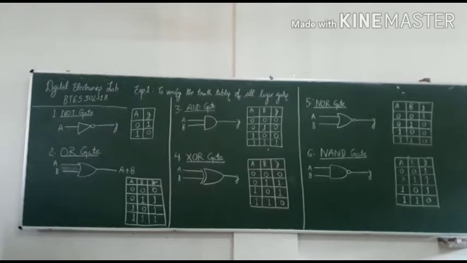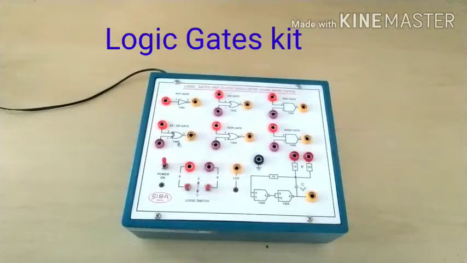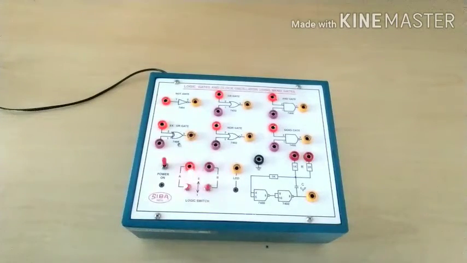Now let's demonstrate it on a particular kit. So this is the kit that we will use to verify the truth tables of the logical gates. First of all, I will just explain this kit. These are the points where we will supply the inputs to all the logical gates, and at this point we will get the output. At every circuit, the left portion is the input. So these are the inputs, and the yellow point will be connected to this LED, and we will get the output of the particular circuit.